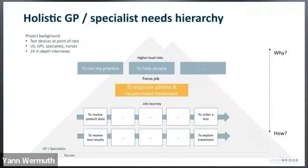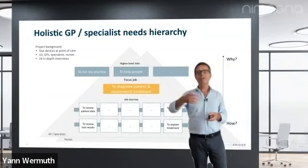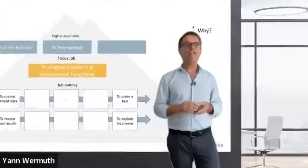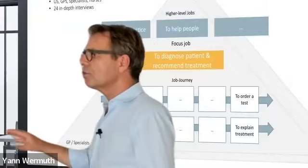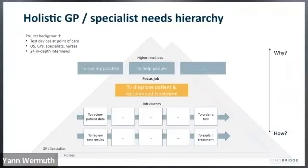Every doctor runs his practice or his clinic. But a doctor also wants to help people. That's why he's a doctor. A doctor might also want to make a career. If he's a young doctor, key opinion leader, he wants to make a career, etc. So we structure this higher level job. And then we go 1 level down, where we are closer to what you might know as a customer journey, but it's a job journey, it's solution agnostic,